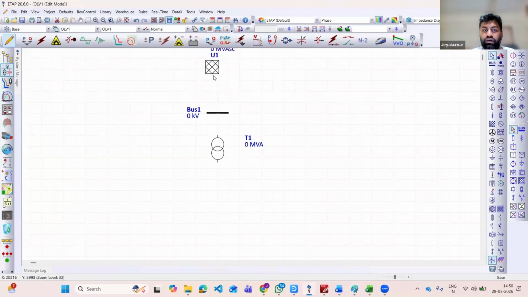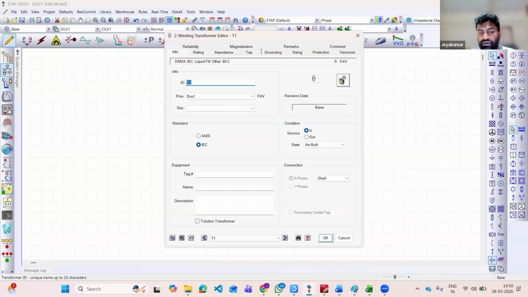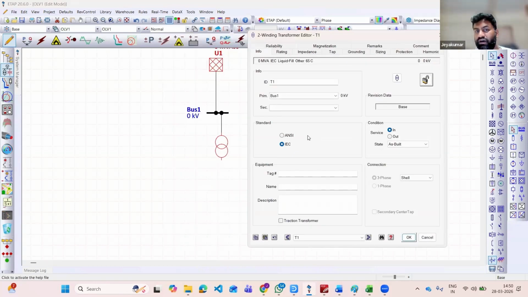So you can also talk in this way. Let's take one case. When you are using ETAP, you have to model it like this. So take a transformer, you give the transformer name and so on. Generally transformer connections will be three phase or single phase. We are dealing with three phase only. So when you want to mention,